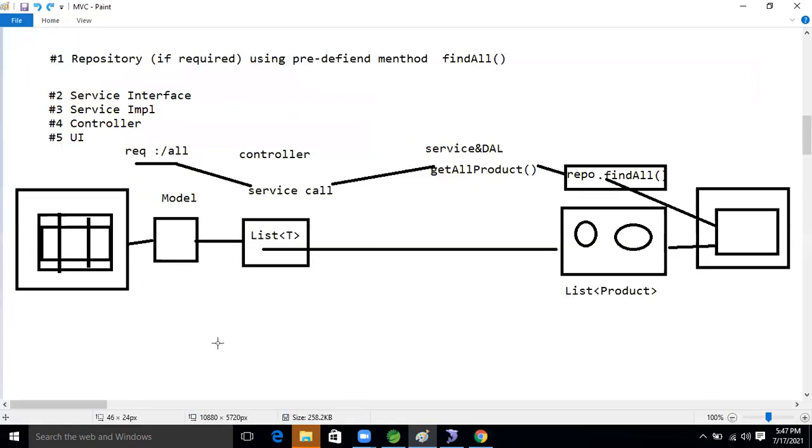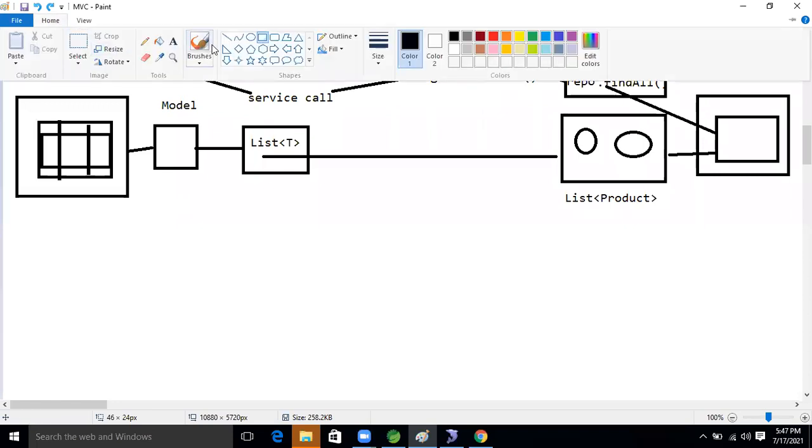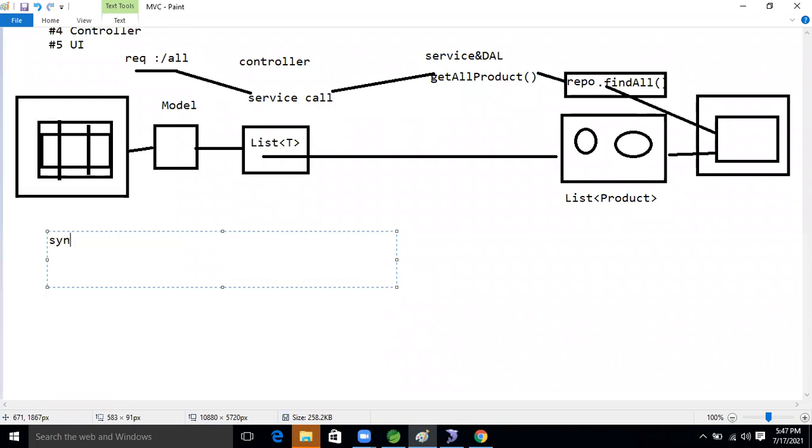So okay, let's see that. Syntax I'm going to write first, the URL rewriting syntax. Okay, so what is the syntax now, guys? At the rate symbol, so we know that if we want to link our application to another application, we use the at the rate symbol in Thymeleaf. After that, curly bracket, after that we will give